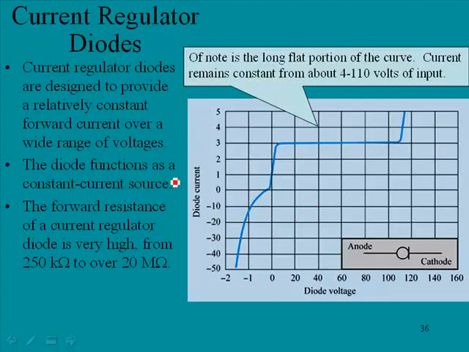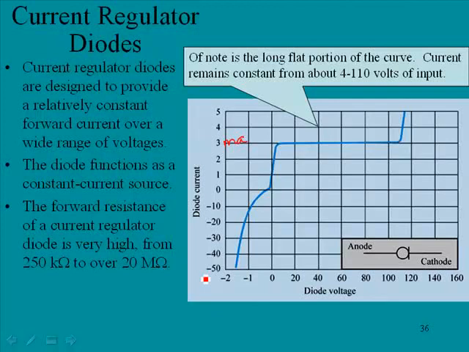The diode functions as a constant current source, and the forward resistance of a current regulator diode is very high, somewhere in the vicinity of 250 k ohms to over 20 megohms. Now, if we look at the characteristic curve here, we will note a very flat region here. Now, this one is set up for 3 milliamps, and you might note here this scale, this is showing the diode current, and this is showing the voltage, and this scale is